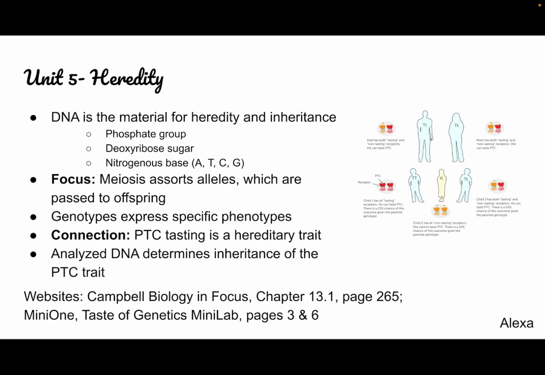Unit 5 was the unit of heredity, where we learned that DNA molecules make up the inheritance of genes. The main focus of the unit was meiosis, which is the sexual process of producing non-identical gamete cells to assort DNA alleles. Parents with certain alleles can pass down their genetics to their offspring through the independent assortment of genes, creating a multitude of various combinations of expressed genes in their offspring. These inherited alleles form the DNA genotype, which in turn expresses specific physical